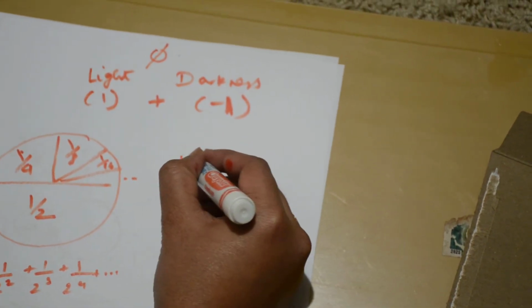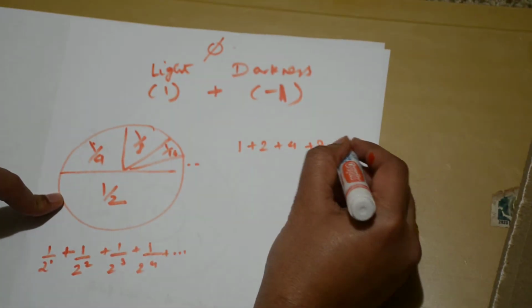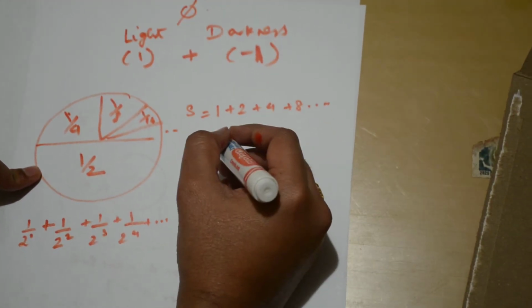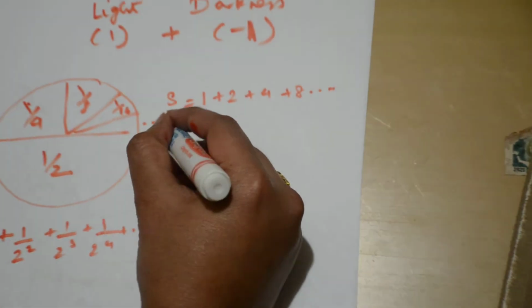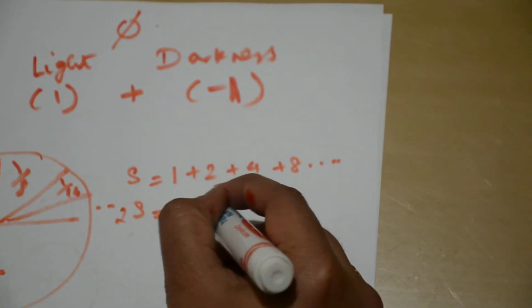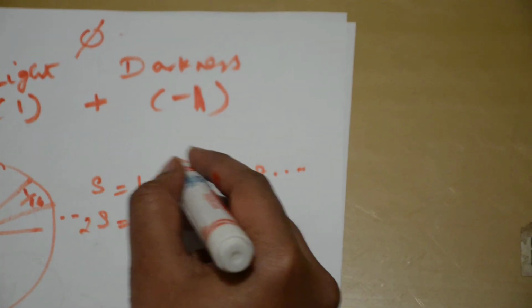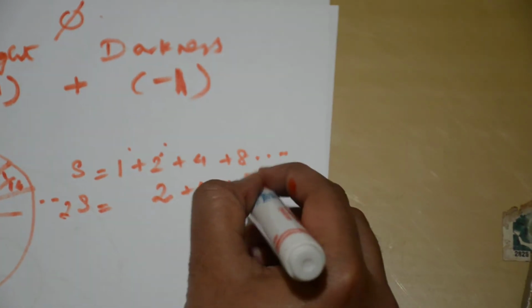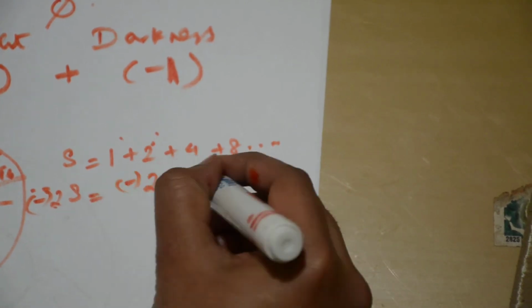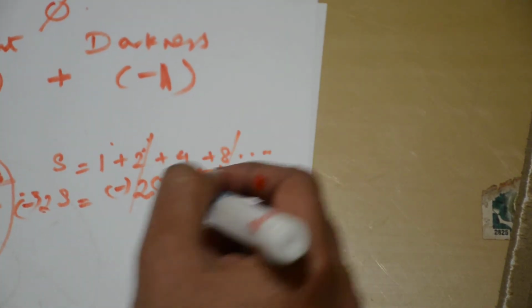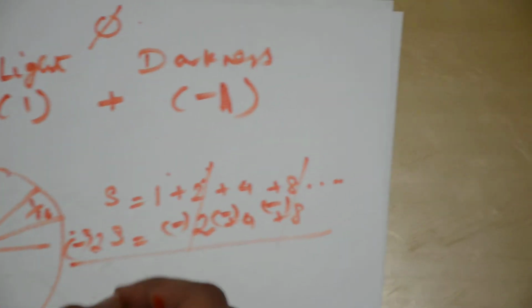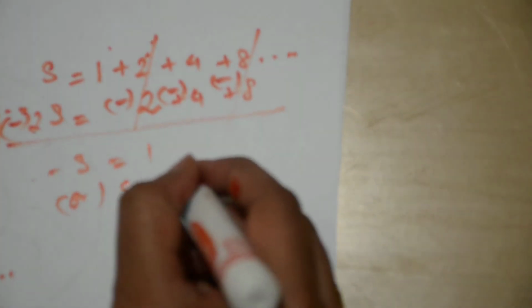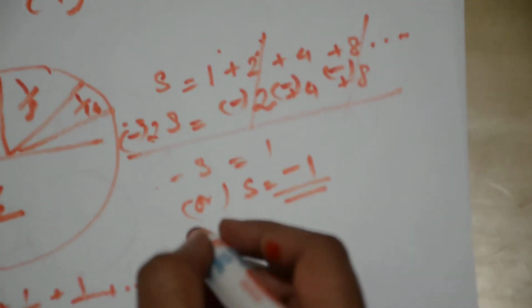Let us say 1 plus 2 plus 4 plus 8 plus, call it this sum S. Now multiply this by 2. 2S is equal to 1 into 2 will be 2, 2 into 2 will be 4, 2 into 4 will be 8. Minus 1, minus, they all cancel out. So to add these two together, you would end up with minus S is equal to 1, or S is equal to minus 1. So you can say that darkness is nothing but